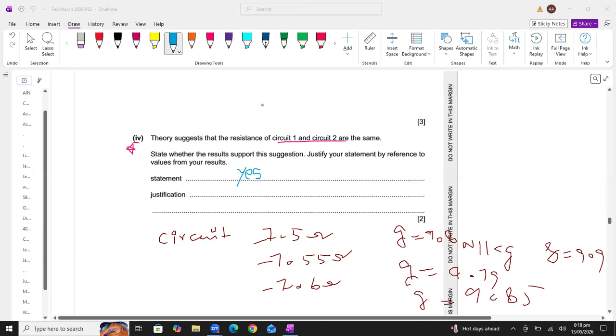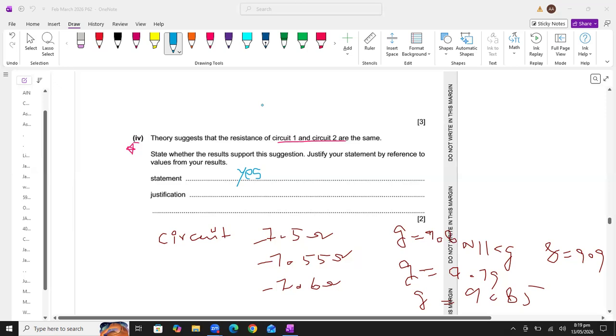Random error can be parallax error, or a reading can change due to a change in the temperature of the circuit. For example, if the temperature of the surroundings suddenly changes, or the temperature of the circuit changes, it can change the value of current in the circuit. So there can be fluctuation in the reading. These are the possible sources of random error, which can deviate your answer from the actual value. That is called uncertainty.